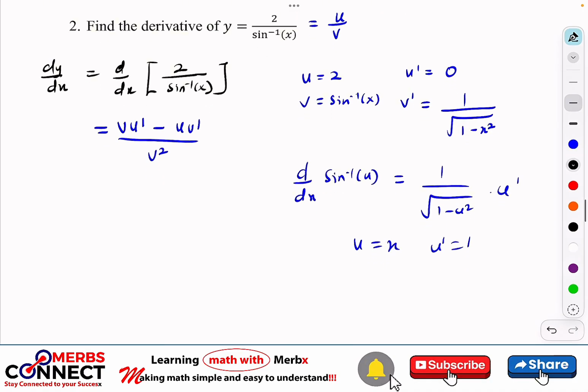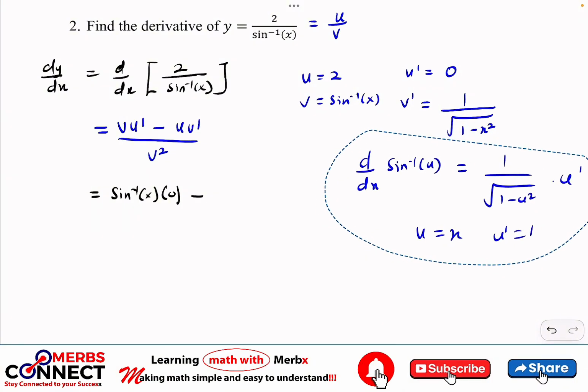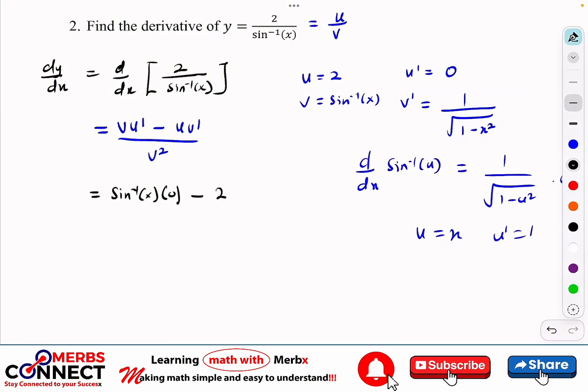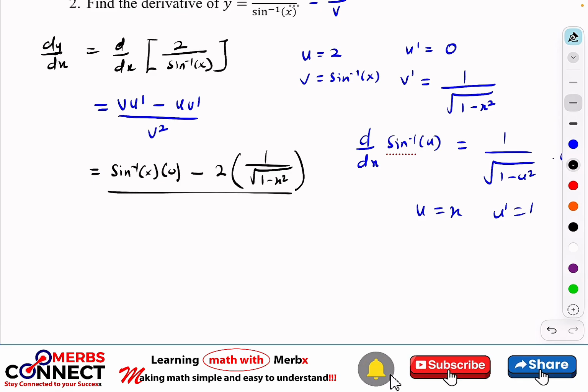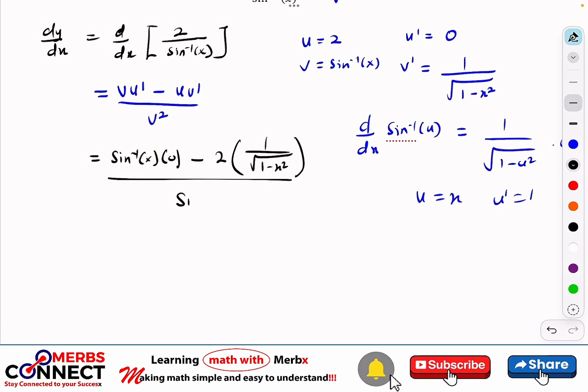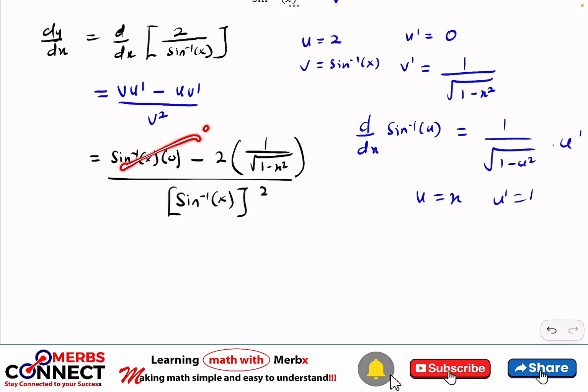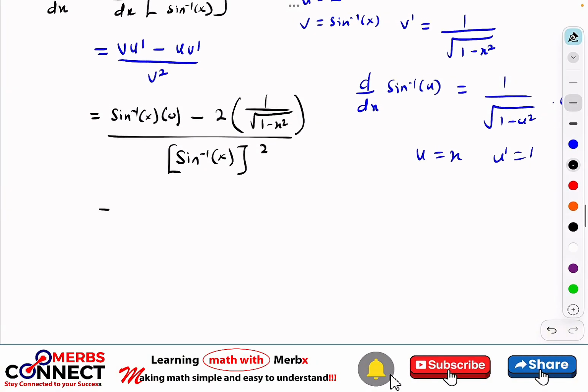So now let's do substitution. This is going to be v, which is sine inverse of x. u prime is 0, minus u is 2, times u prime, v prime, which is 1 divided by square root of 1 minus x squared, all divided by v squared. So v squared is going to be sine inverse of x all squared. Now 0 times this will be 0, so we are going to have on the top